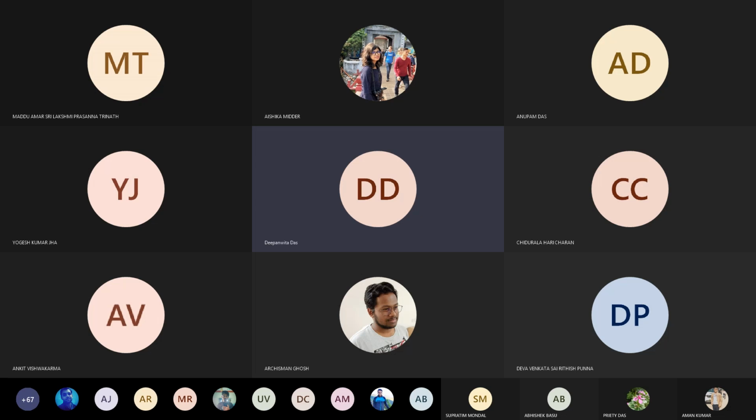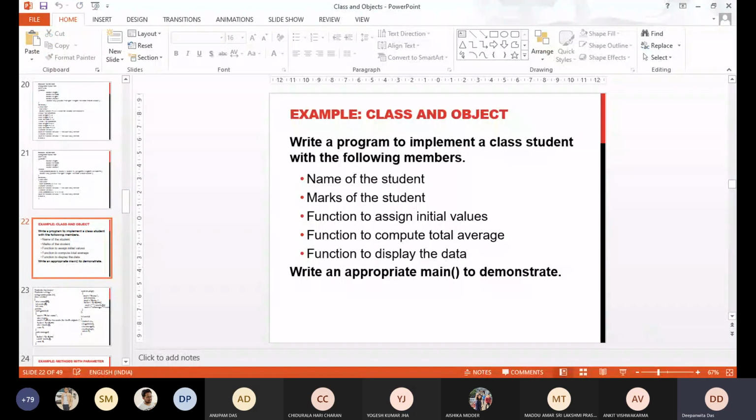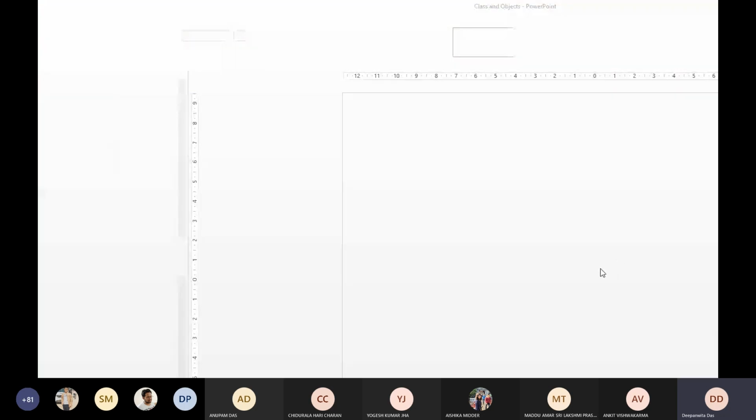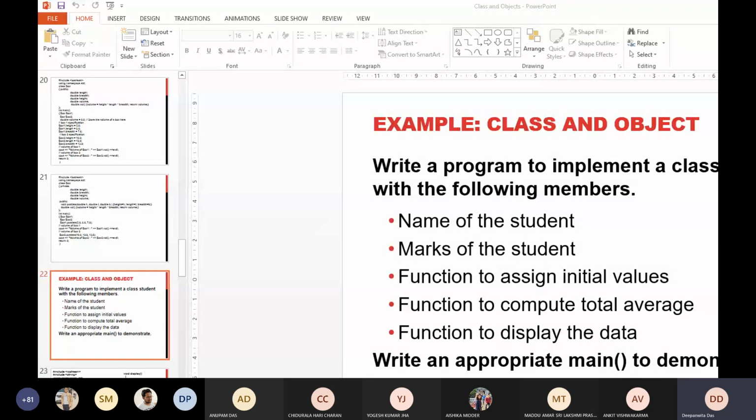Okay, so in my last class, I discussed the creation of declaration of classes and creation of objects, and then we saw one program on how to access the class members, data members, and member functions through the objects. So